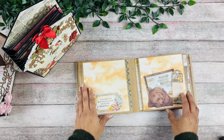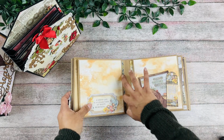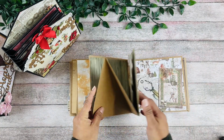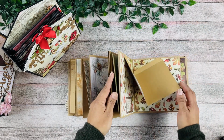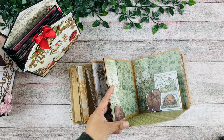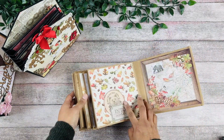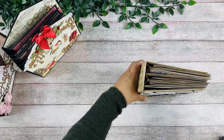Again, the collection is so pretty. This opens up, another little pop-up feature here, and here as well. So these are like twin pages. Another 3D pop-up page. This opens and opens. We have another one of those, and then here another 3D. Love the bears. This is so pretty if you go camping. This is the perfect book for that. Again, I don't go camping. I stay home and craft all the time, and so that is gonna be the Fall Creatures,